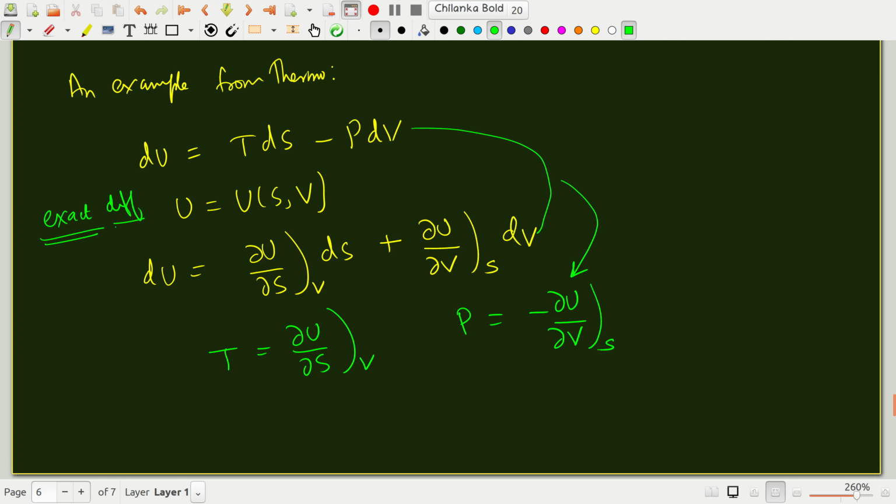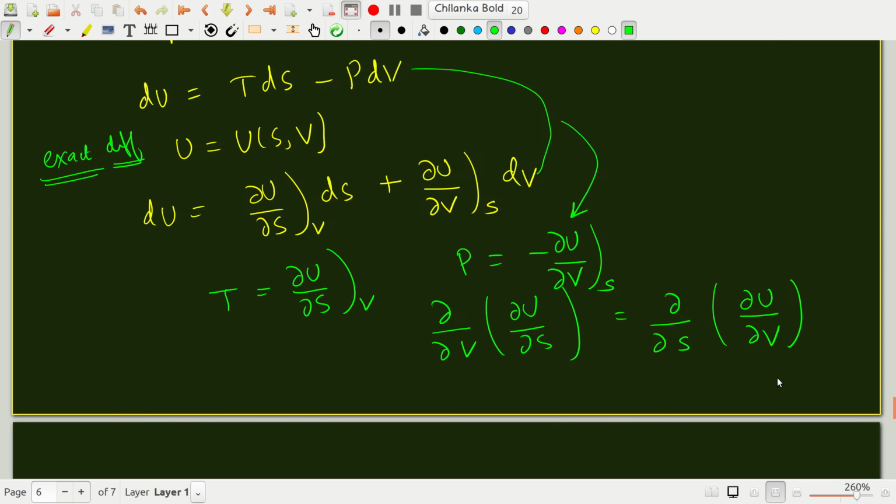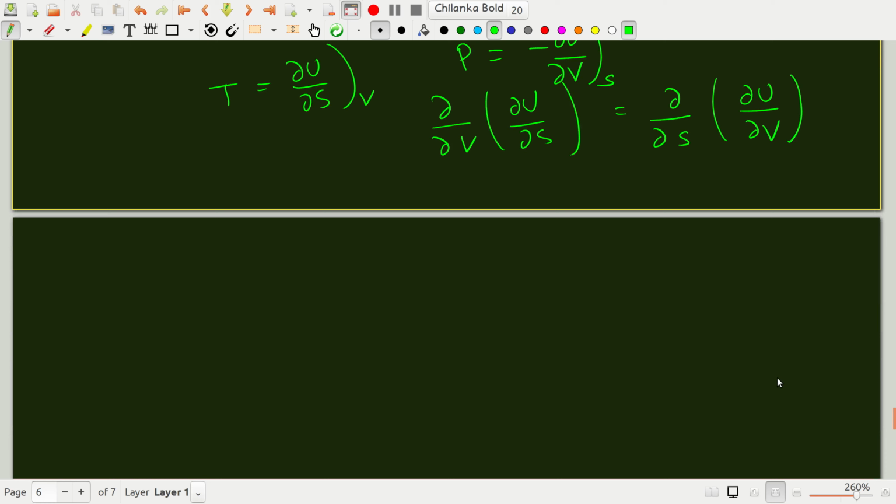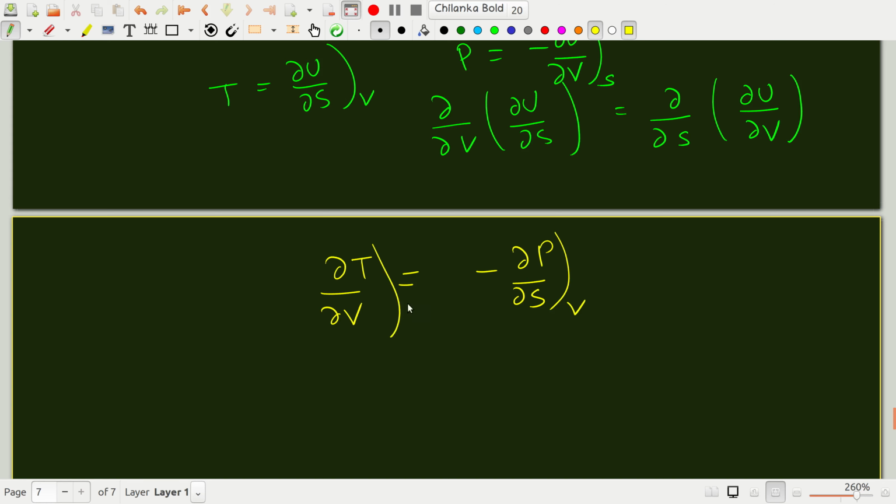If it's an exact differential, then the mixed second derivatives must be the same, that is, partial by partial V of partial U by partial S is partial by partial S of partial U by partial V. In other words, if I substitute what T and P are, then I will get partial by partial V of T is minus partial by partial S of P. This is at constant S,